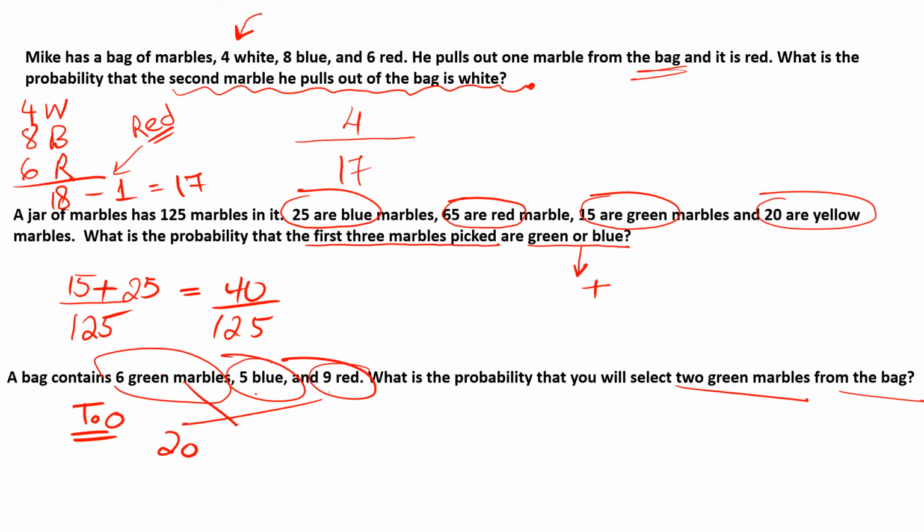Look, there are a total of 6 green marbles. So first of all, you will pick one green marble, so you have the probability 6 over 20. After that, you will pick another green marble. Now, one green marble has already been pulled out, so now 5 green marbles are left. And of course, there were 20 marbles, but now only 19 marbles are left. Multiply them and you will get the answer. Why are you multiplying? Because it is one green marble and one green marble. So that's why you are going to multiply them with each other.